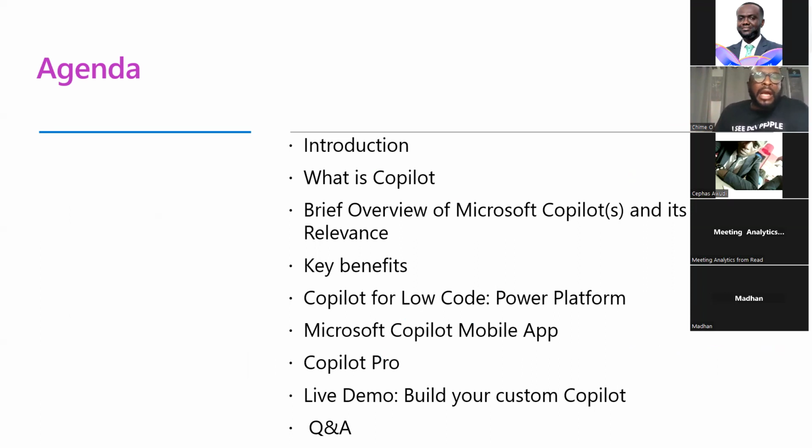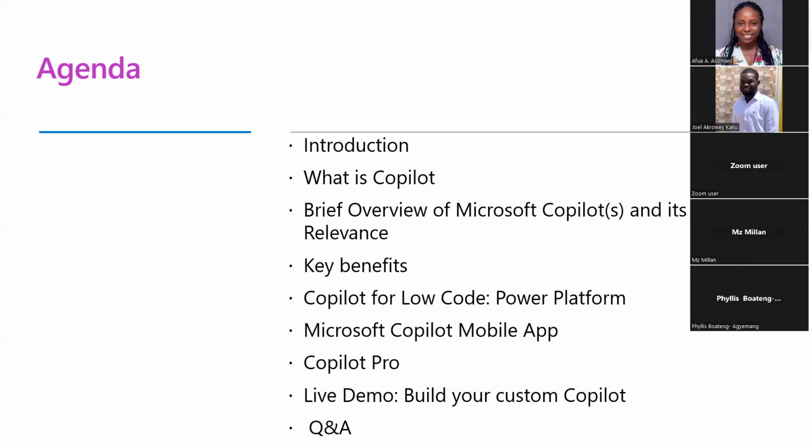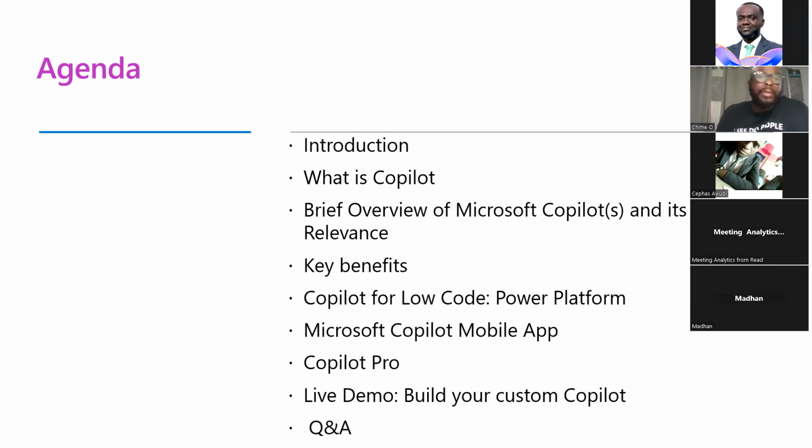And we now have Microsoft Copilot mobile apps. So for your iOS or Android, you can have this Copilot once you download it on your mobile applications, and that's for free. But you also have the paid service, which is called Copilot Pro. Just like ChatGPT, you have to pay so you can get more benefits and more functionalities with the Copilot. And then afterwards, I'll go through a live demo.